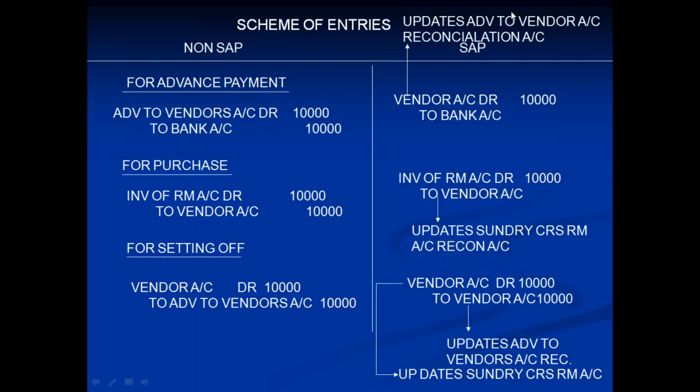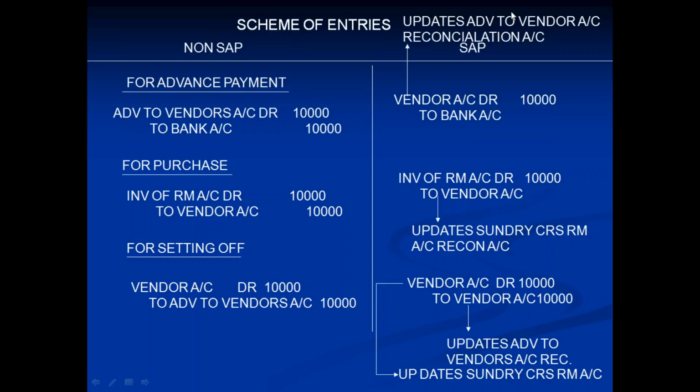Then we'll have the purchase transaction. So at the time of purchase, which reconciliation account will be created or updated? This account, which you take on the liability side as a sundry creditor account, will get created. Now here